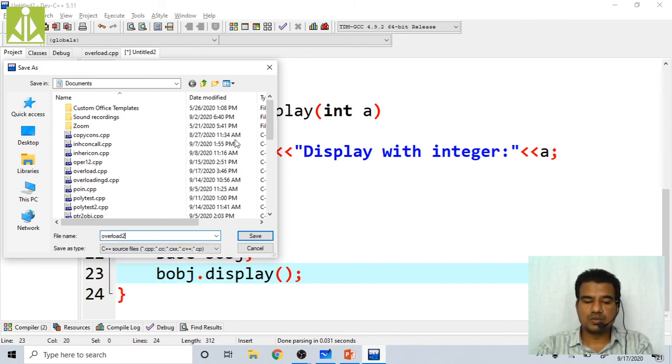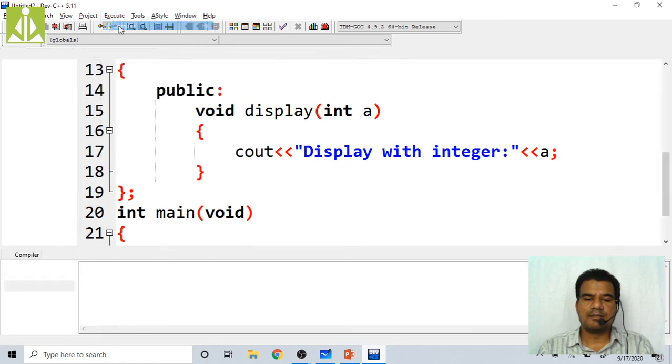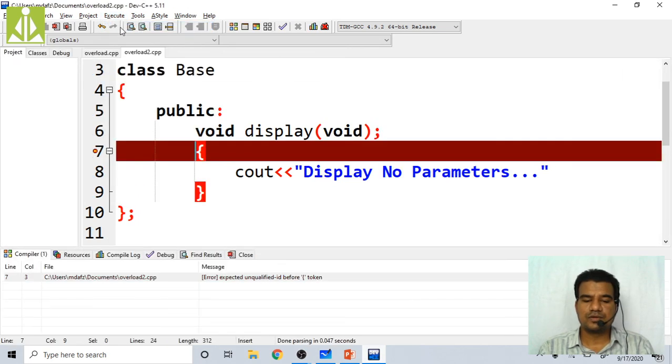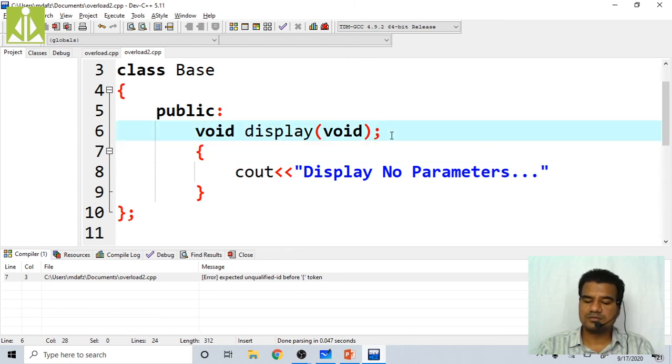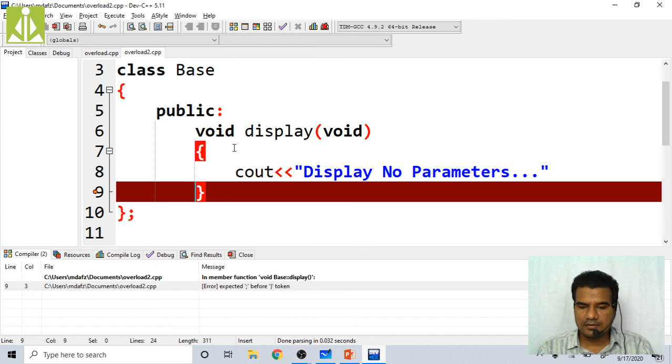This is overload 2 dot cpp. Okay, program got saved. Compile. What is it saying? Expected. Yeah, here there is no need of this semicolon. As we are writing the definition here itself, no need to close that function. Save it, compile. Again, what is it saying?